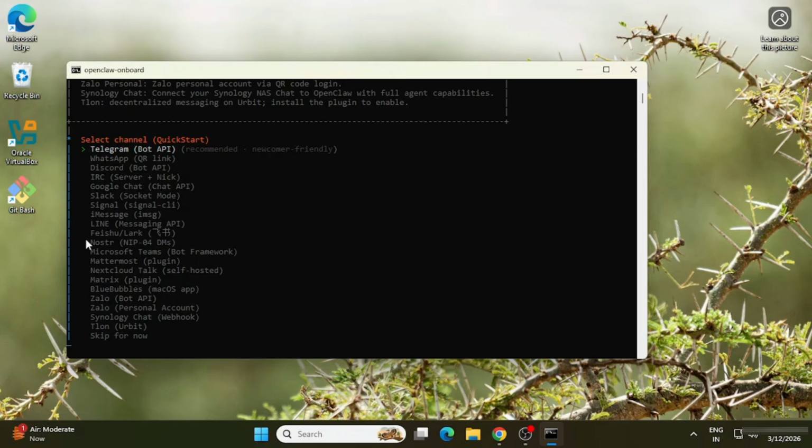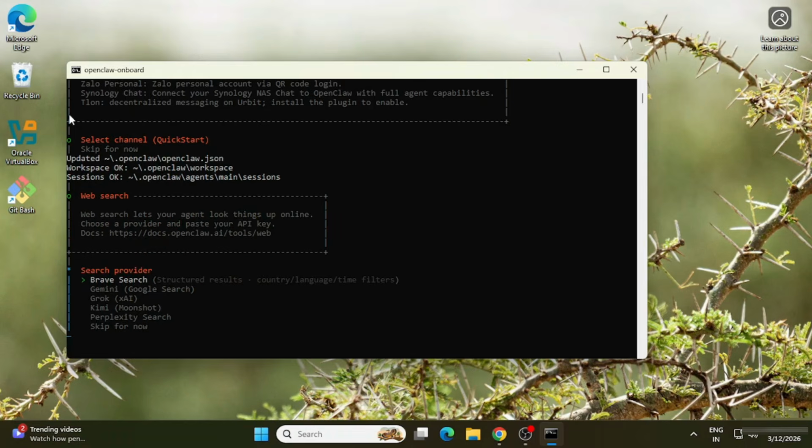Okay, so this model check will be done over here and it's showing model not found. Of course we don't have such a model. And now select the channel. So I'm not going to select any channel right now. So again I'm going to select the skip for now option. If you want to select any of the channels you can, but right now I'm not selecting. I'm just going to do everything manually. So here just select skip for now and press enter, and now here it's showing updated workspace, session and all